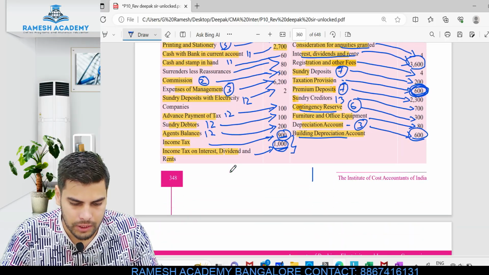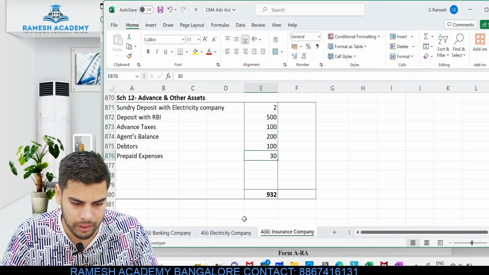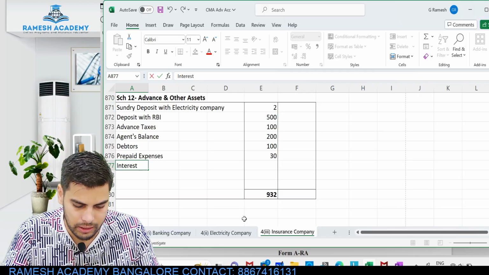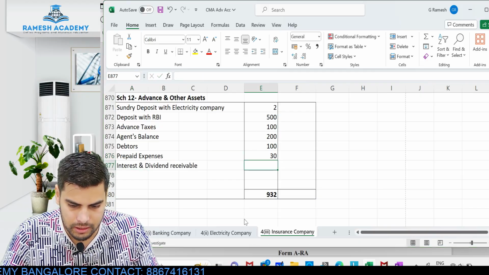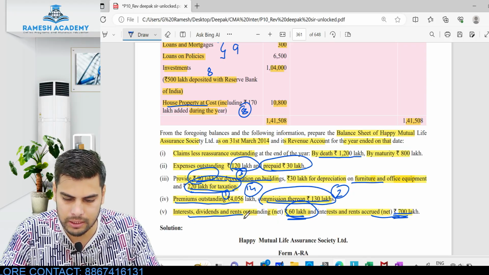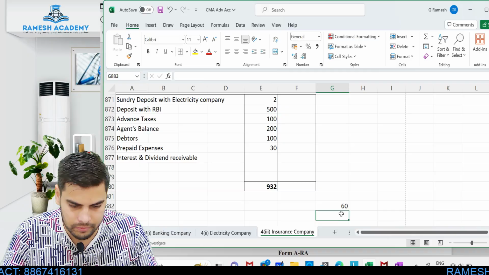There was some receivable, right? Accrued interest and all these things. Look at this, interest and dividend receivable. Okay, even this would be your current asset, interest and dividend receivable. How much is interest and dividend which is receivable? It is 60, right? So 60 is the interest and dividend which is receivable,